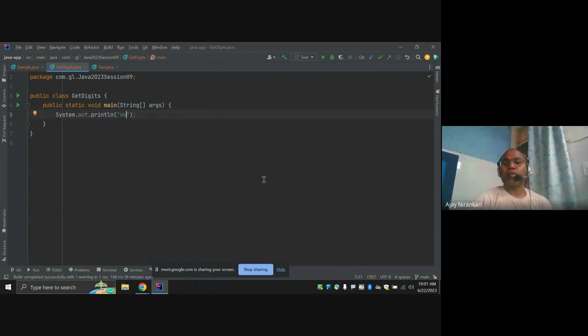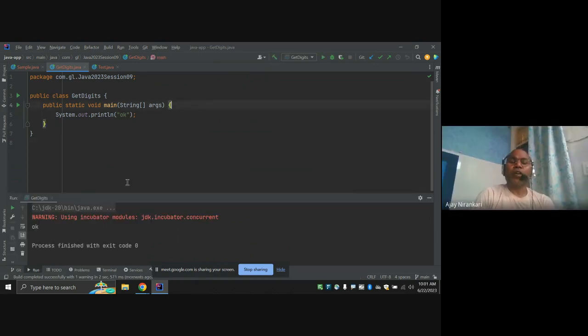Whenever I start coding, I always check that my program runs properly. So our problem, let's see, we have to write